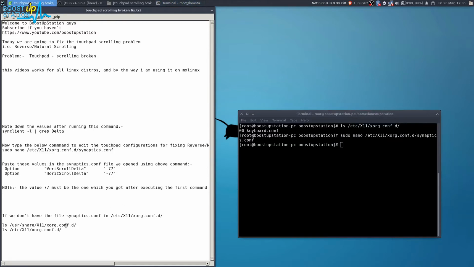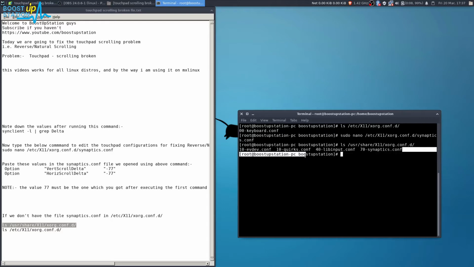Now what you have to do is go to this location, ls /usr/share/X11/xorg.conf.d. Here we have 4 files, okay? So these are the configuration files in which our touchpad values are listed.